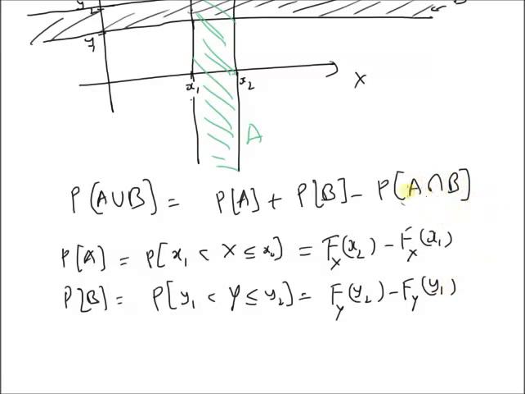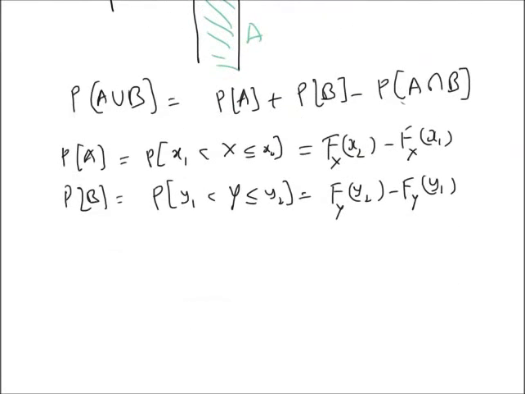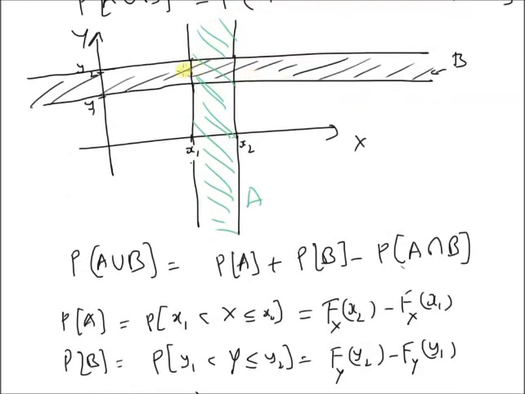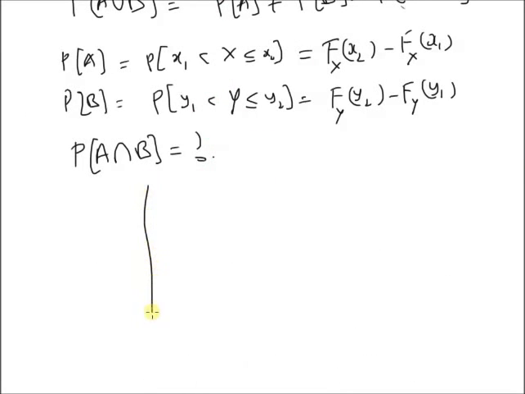Now the tricky part is the calculation of the intersection event, that is, the probability of A intersection B. It is equal to how much? That is, we are basically talking about the probability of this rectangular region between y1 and y2 and x1 and x2, that is this region. We want to calculate the probability of that region. From a previous video, we have learned that the probability of this rectangular region, bounded by x1 and x2 on the x-axis and y1 and y2 on the y-axis,